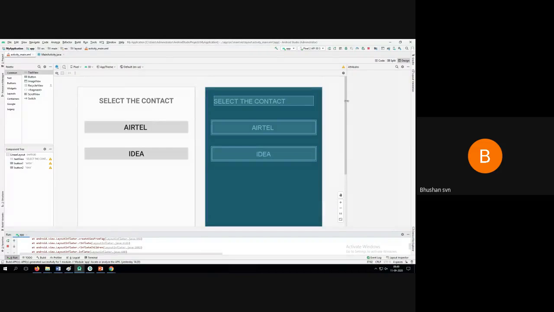Once you start your application, you are going to get the screens I have showcased to you. There are three components here. The left column is called the palette, where you have some common user interface components like buttons, image view, fragment, scroll view, switch. Then if you click on text, are you able to see the wordings?